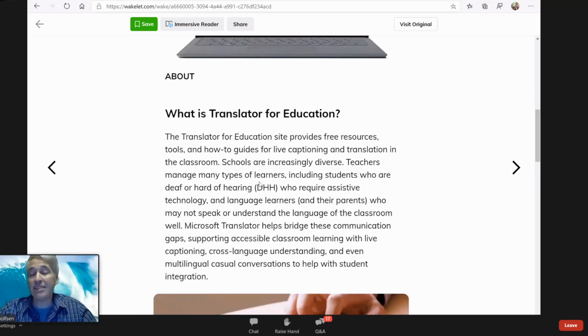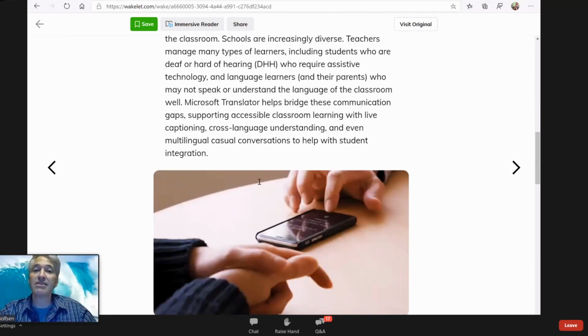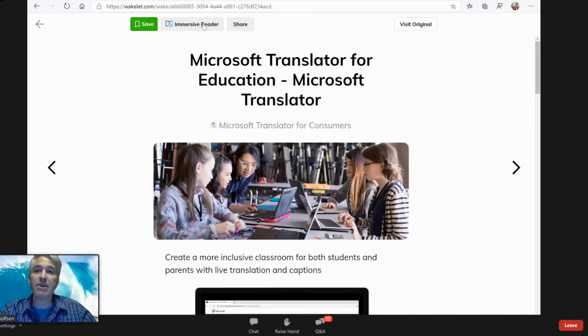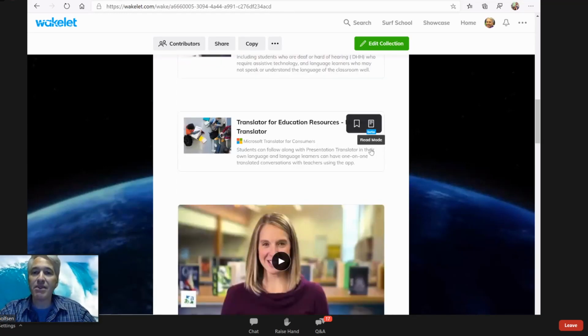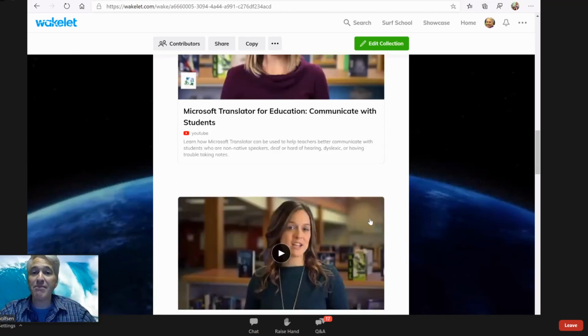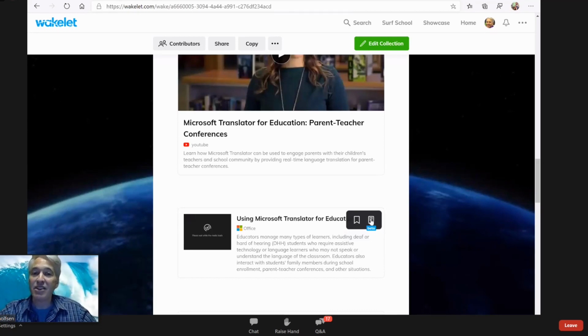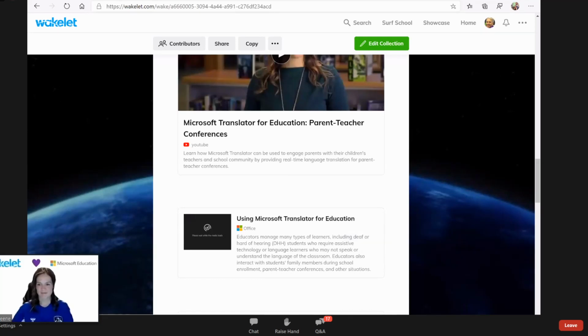So you can basically take most articles and blogs on the web and pop it into read mode, and then you can use Immersive Reader if you want or not. So again, all of these different articles have this read mode. So if you never noticed read mode, I suggest you try it out and then try popping it into the Immersive Reader as well. And so again, with that, what I'll do is kick it back to Becky, who's going